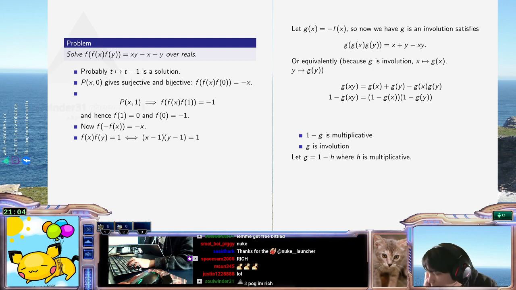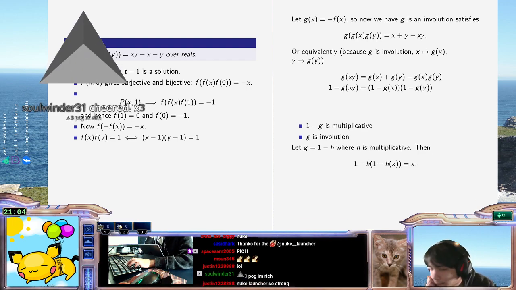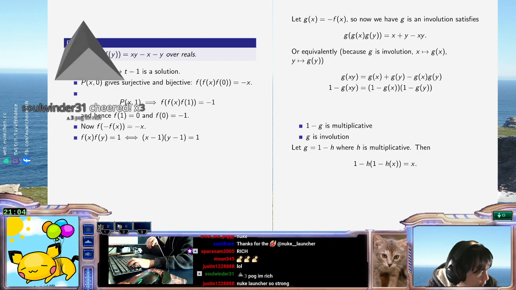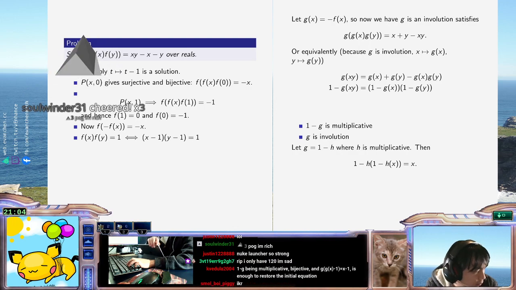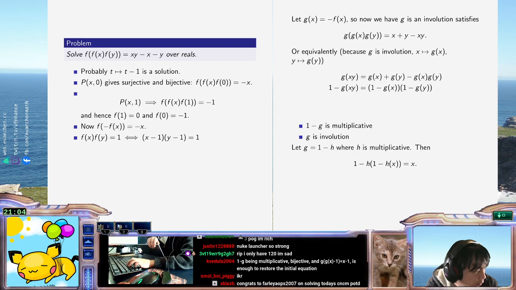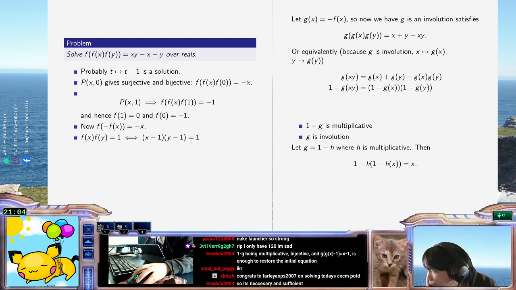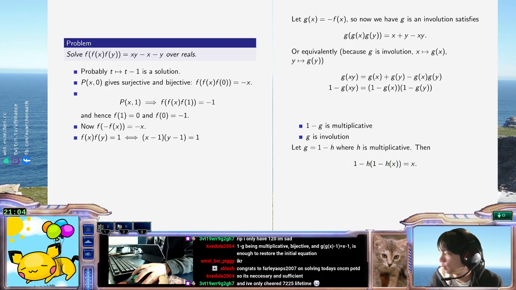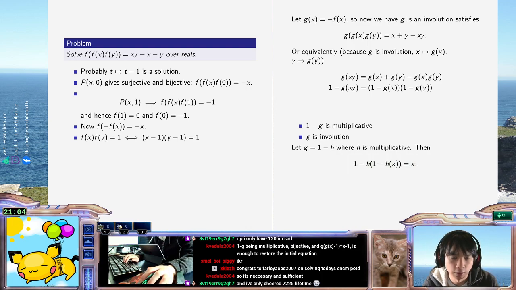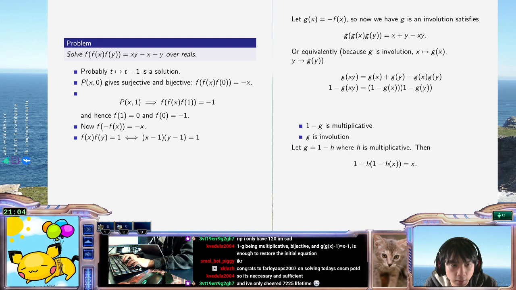Does that not happen or something? Yeah, so I'm looking for all multiplicative functions that satisfy this equation, which I will go ahead and just rewrite as h of 1 minus h x equals